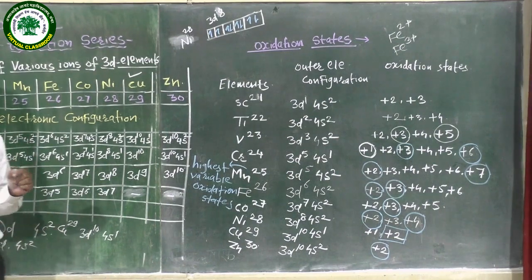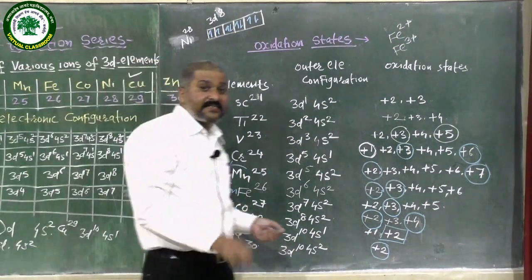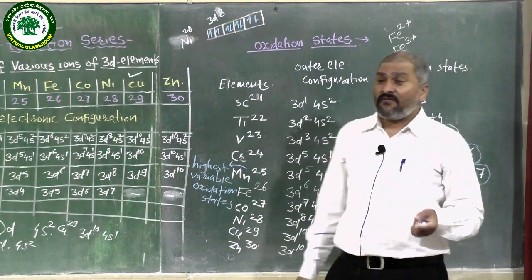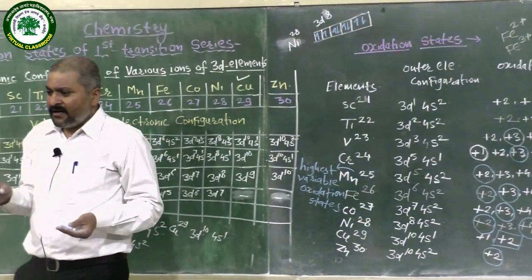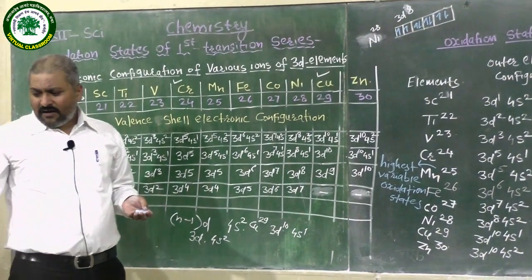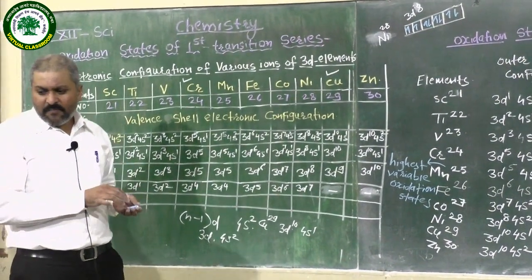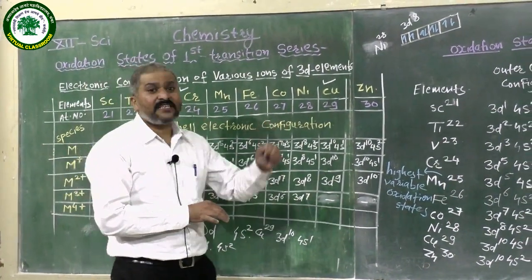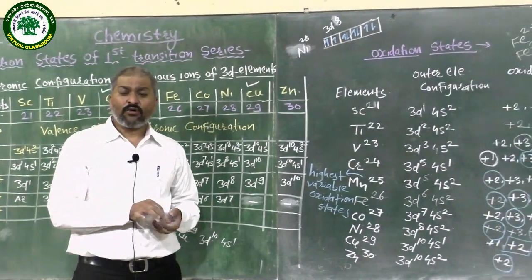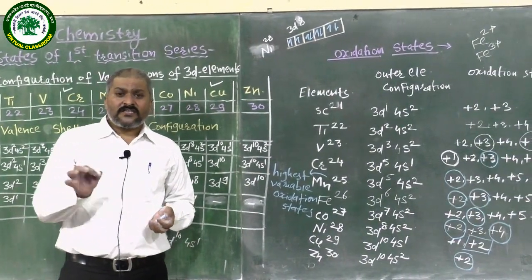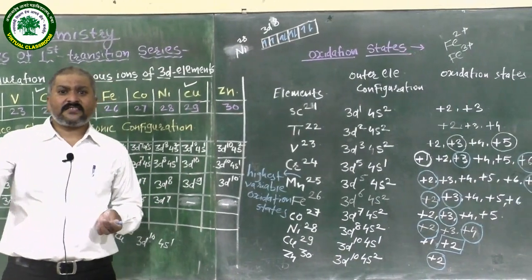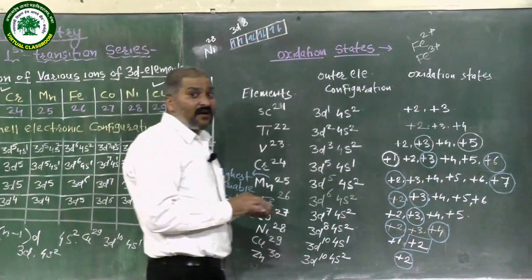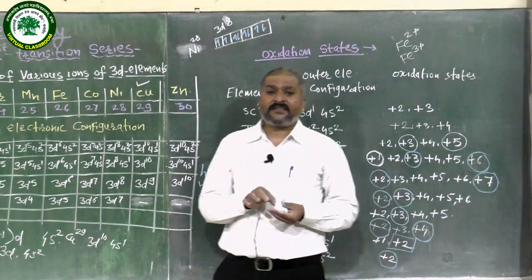In our board exam as well as in NEET and JEE exams, one important question will be asked on all of these. What is that? They ask why the d block elements or metals show variable oxidation states. The question is: justify why d block elements show variable oxidation states. What is the answer?